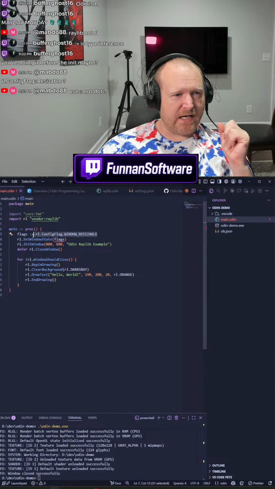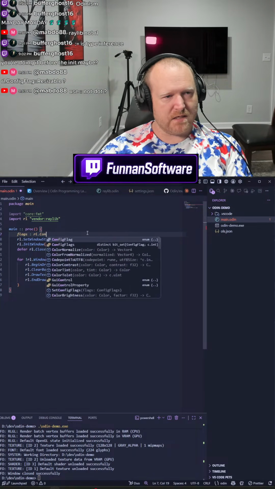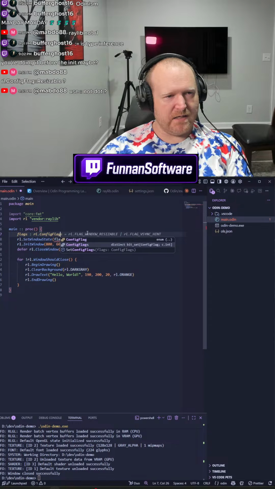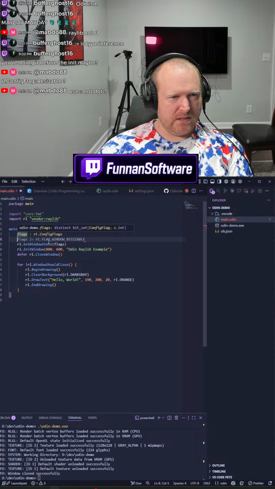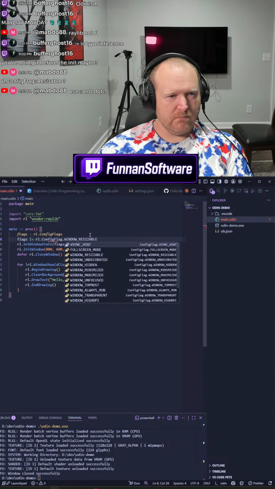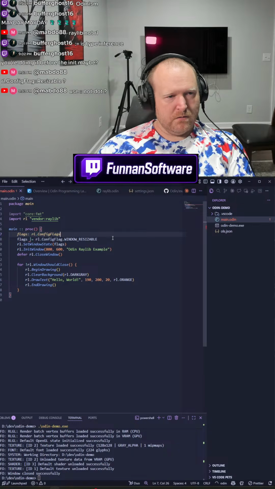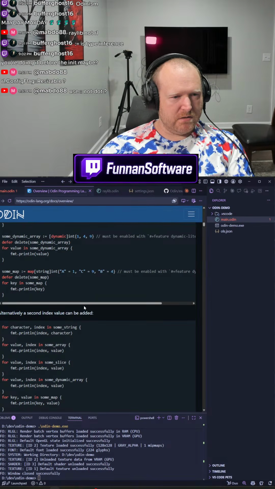Because flags, can I just do rl.config flags? So flags is the bit mask. So how do I do bit mask operations?